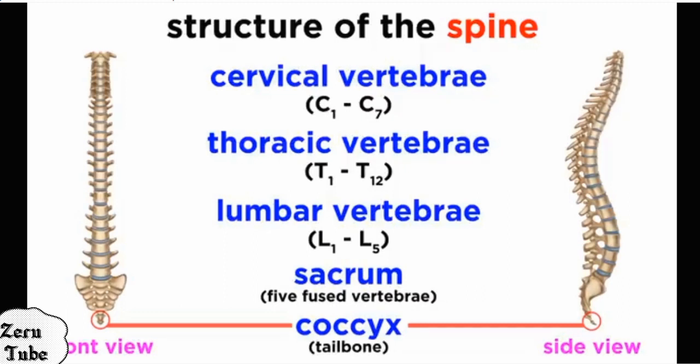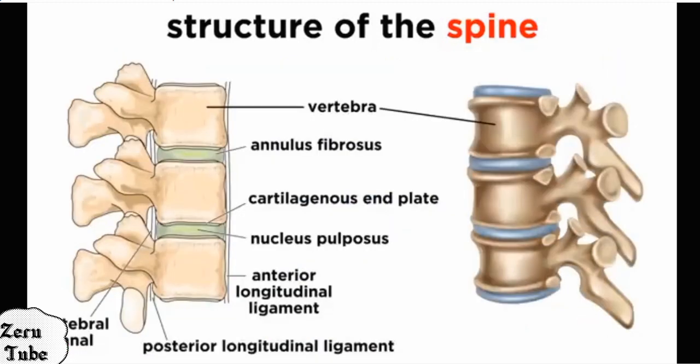ከስፓይናል vertebral tail ላይ የምናገኛት ቦን ነች. So generally those are spinal column. So structure of the spine is mainly supported by the anterior longitudinal ligament, the posterior longitudinal ligament. So those ligaments support the spinal column, and there is also